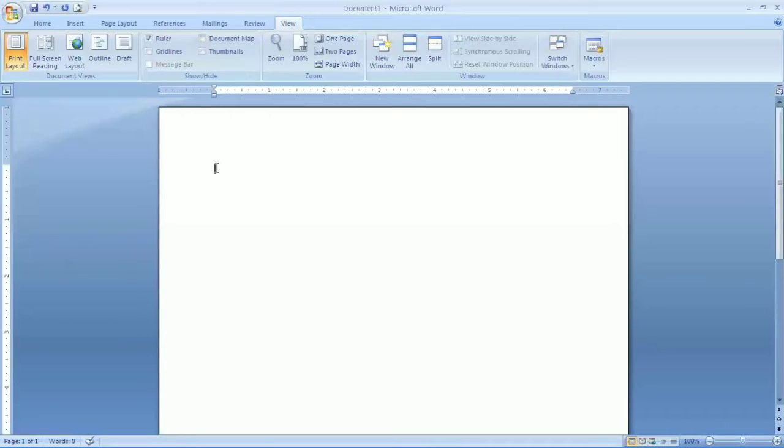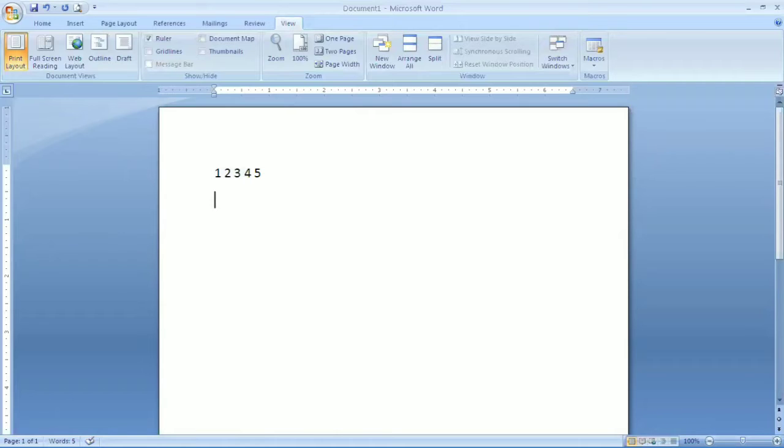For example, I am writing something here. When I press the space bar, it will display only one character space. Again, I am pressing the space bar. I am just increasing the size so that you can see. Clear?